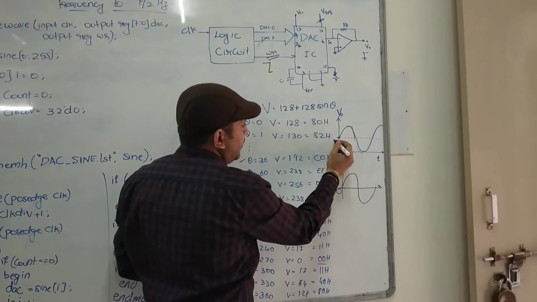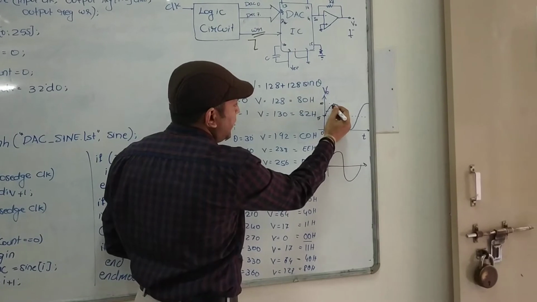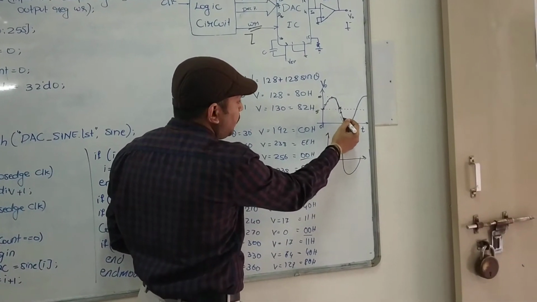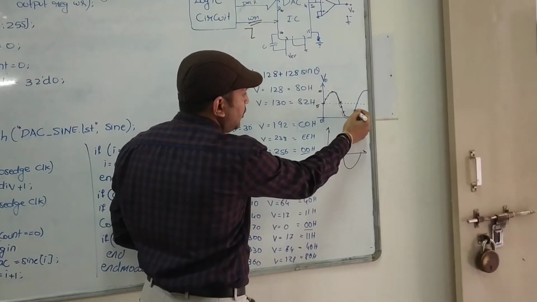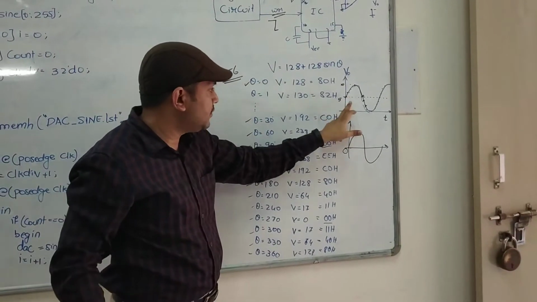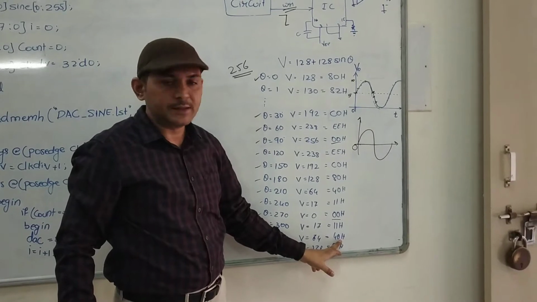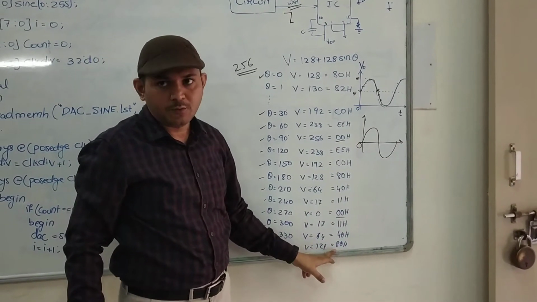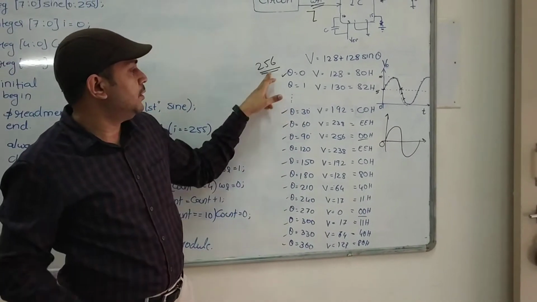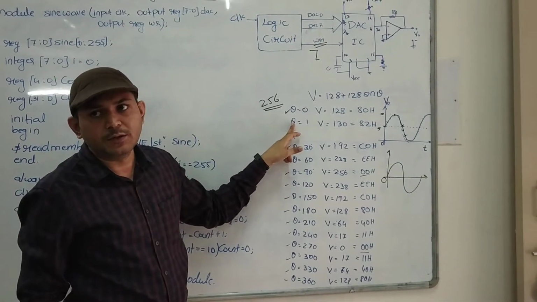See, it's like this analog output. Here it might be 5. Here it might be 10. So in between values here 6, 7, 8, 9, like that. Again it will come to 5. Again here it will be 4, 3, 2, 1, 0. From 1, 2, 3, 4, 5, 6, 7, 8, like that. So those are the values I just showed in the example, but these are the values which actually we are sending. I have written only a few for every 30 degrees. But if you want closer values, an exact sine wave, then you have to increase the interval at which you are taking this theta value.